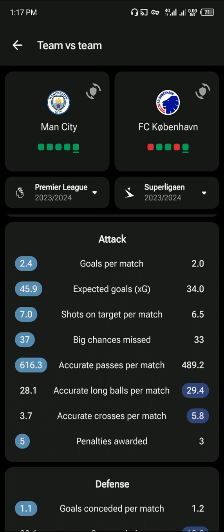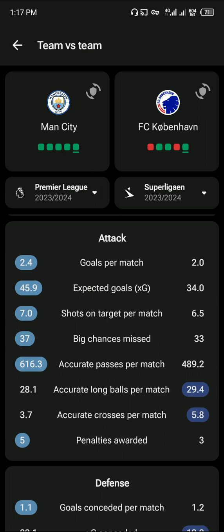And the last one here is playing style and statistics. It is very imperative to consider the playing style of both teams. Teams with an aggressive attacking strategy and a willingness to take risks are more likely to score goals, and they are also more likely to concede goals.